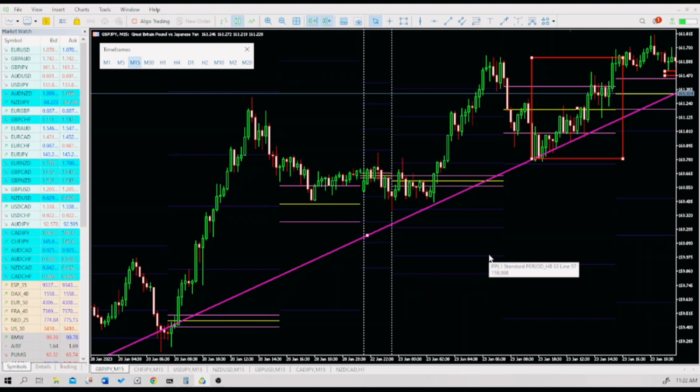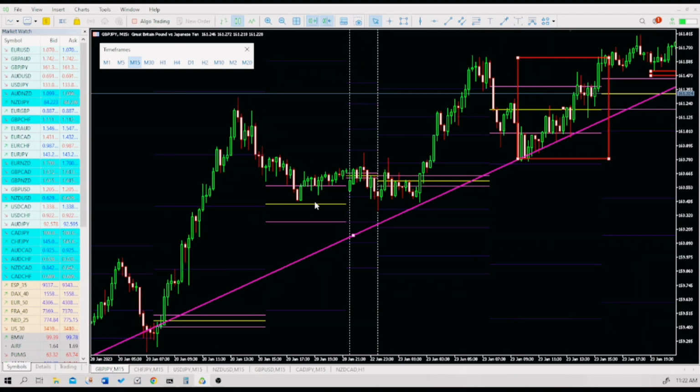Okay, they are called pivot lines. I use them for my own calculations. So don't pay attention to the blue line. Later, if you want, I'll teach you how to use the pivot lines, but I just use them for my own calculation. It's just like a moving average. That's how it's calculated. And I like the pivot line because it follows the price,